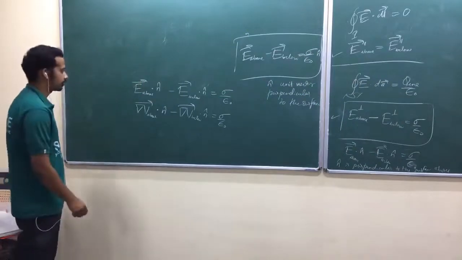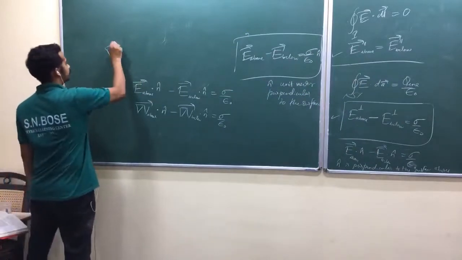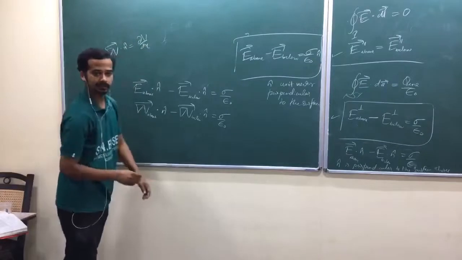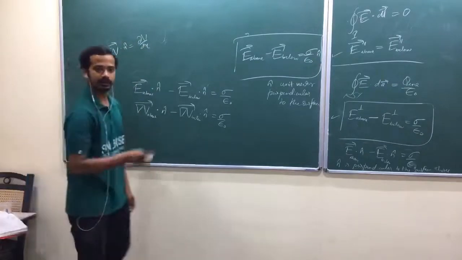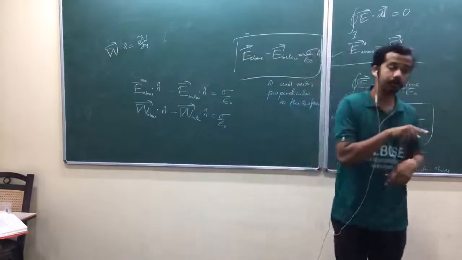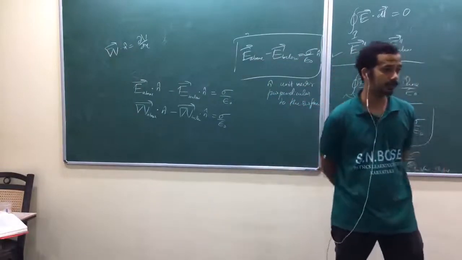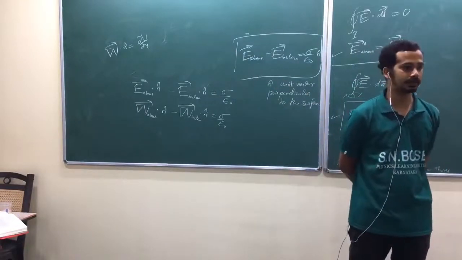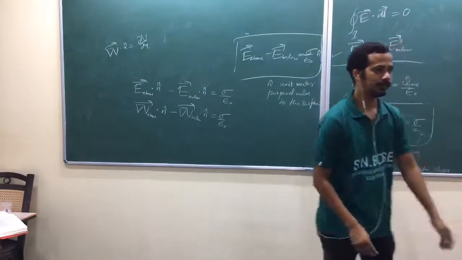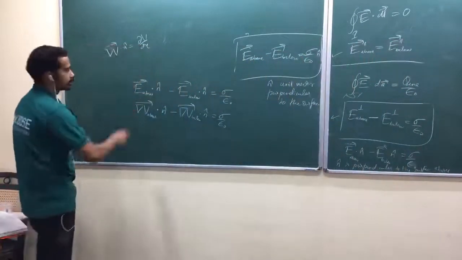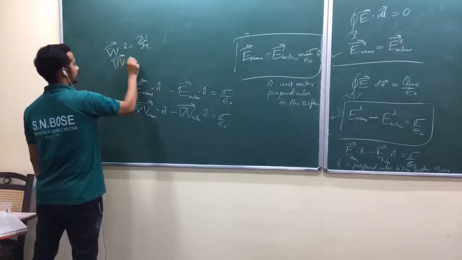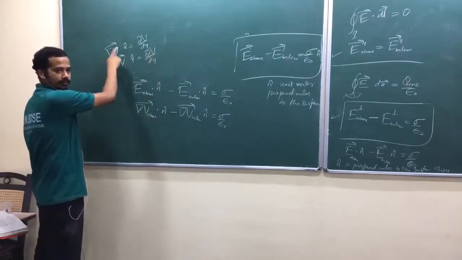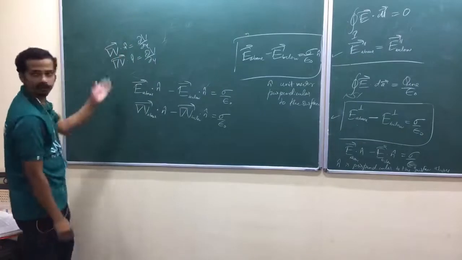No, you better not write anything. So del V dot x cap, what did you get? The partial derivative is a directional derivative. That means we will go in one particular direction by keeping the other two constant. Am I right? What do you mean by partial derivative with respect to x? Keep y and z constant. That means you are moving along the x direction. Is that okay? So partial derivative is a directional derivative. So del V dot y cap, what is this one? Del V by del y. I hope you know the Cartesian definition. It will choose that component. So like that, z.